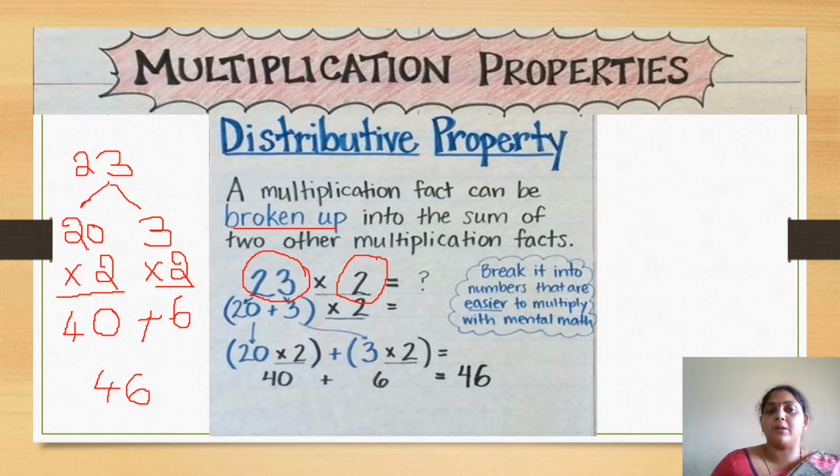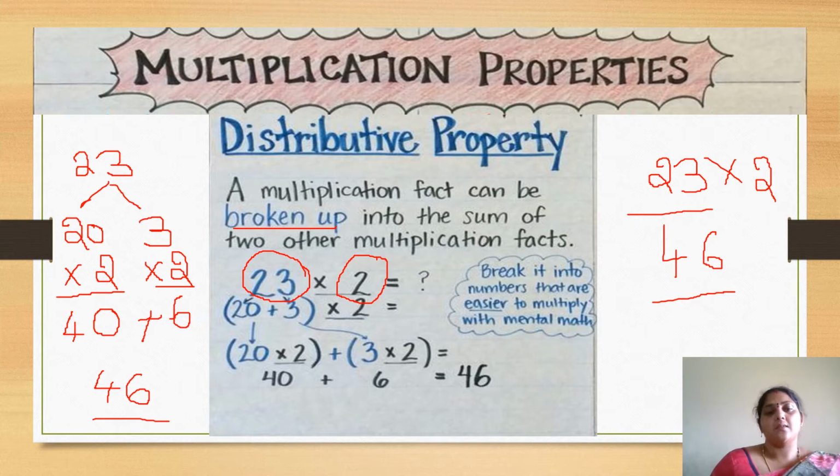In the same way, if you multiply the total number with the multiplier, what is the answer? You can cross check it. Now multiply 23 with 2. Now multiply 23 into 2, what product do you get? You check out. 2 into 3 is 6, 2 into 2 is 4. Now here my product is 46. Here in the distributive property also my product is 46. So both the results are equal. Distributive property can be done in the form of expanded form or in the form of total whole number. But distributive means we have to expand it and then only we have to do the multiplication.